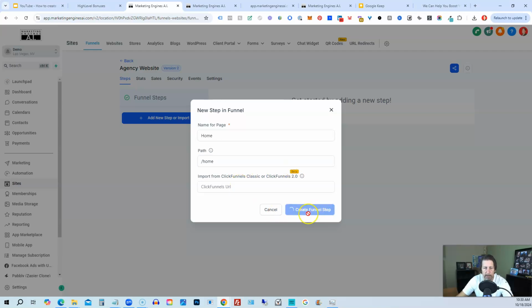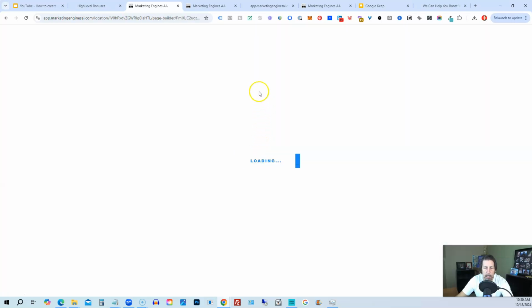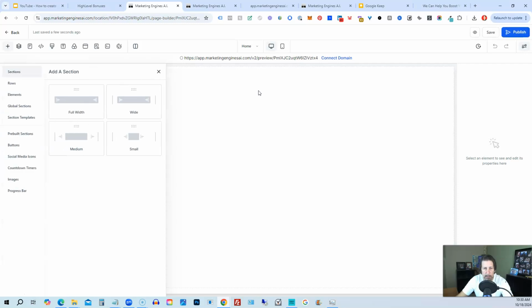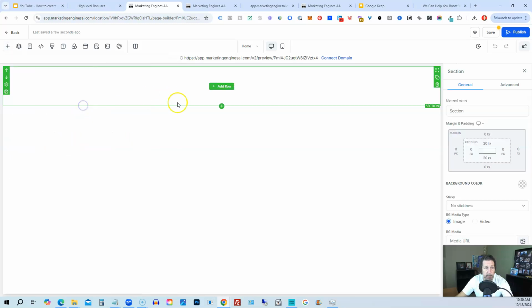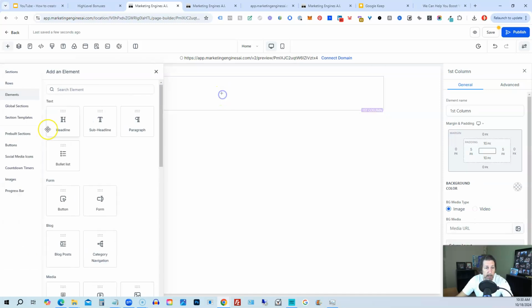Click on create funnel step. It's going to create your first funnel step, and then you can create from blank or use existing. So if we click on create from blank, or we can click on edit, we'll open up the editor where we can start designing our agency website from scratch, right? And it'll start with asking you to add a section, whether you want a full width, wide, medium, or small. Typically I go full width, then add a row of some sort, like one column, and then an element like